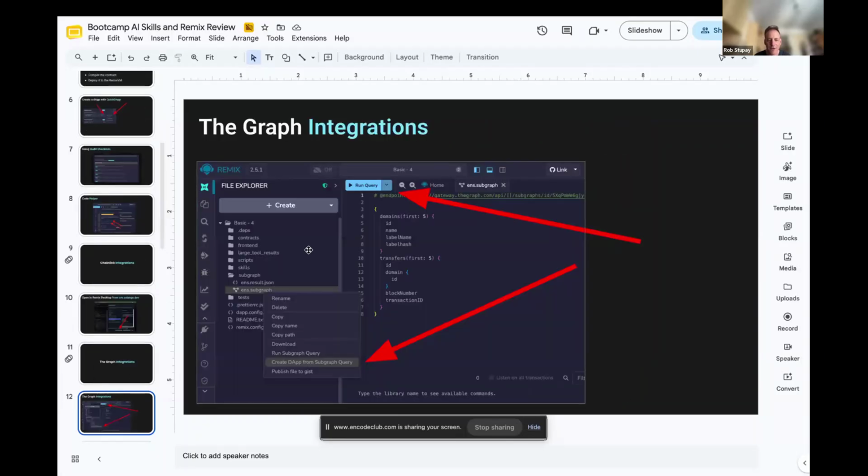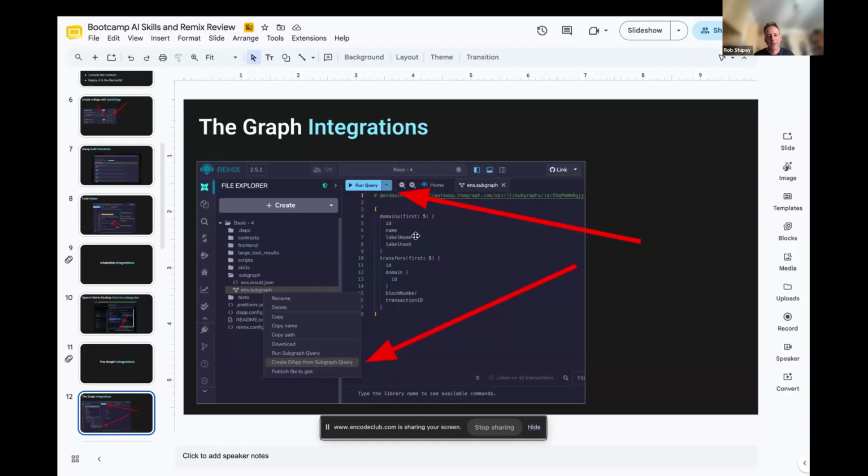And then for the graph integrations, if you have a subgraph, which you can just grab from the AI assistant, you can go to the Graph Explorer, or you can just ask it to find you a subgraph on a certain subject. But if you have a subgraph inside Remix with a .subgraph extension, then when you right-click in the File Explorer, a flyout menu lets you either create a DApp from the subgraph, or run the subgraph query.